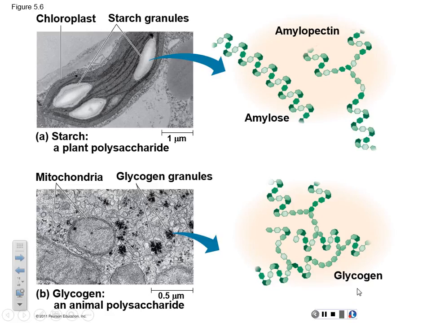Glycogen tends to be the way that animals store polysaccharides. Amylopectin is the way that plants store polysaccharides. Starches are a way that both plants and animals can store polysaccharides, long strings of sugars. And so it's just showing you here some pictures. These starch granules can be so big you can actually see them with